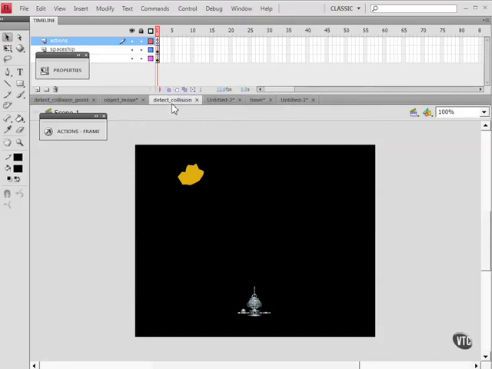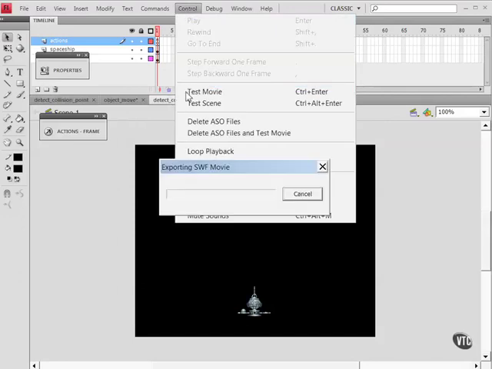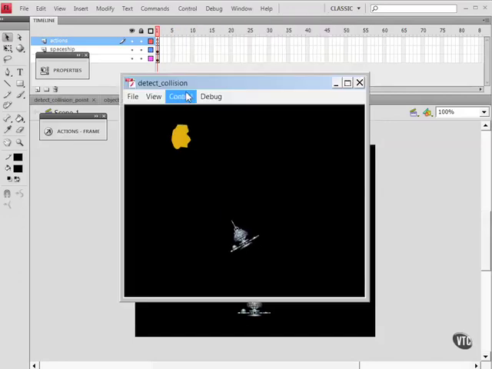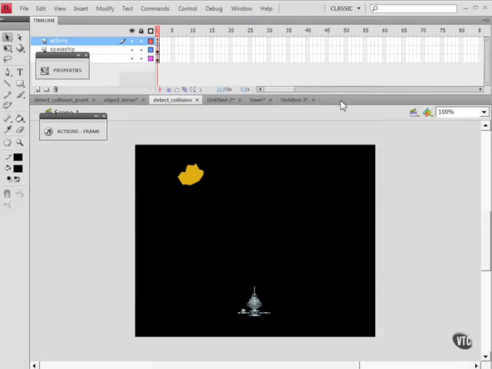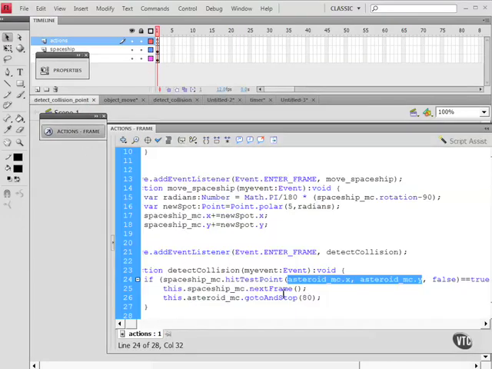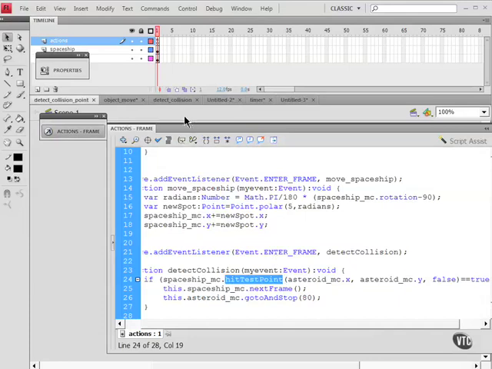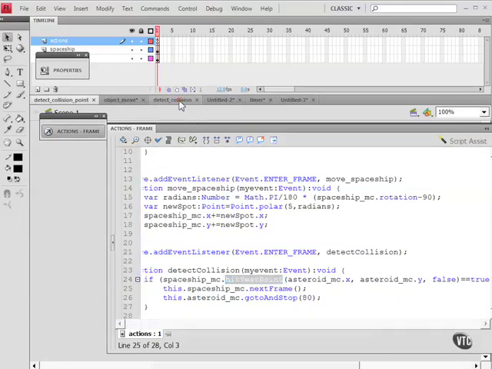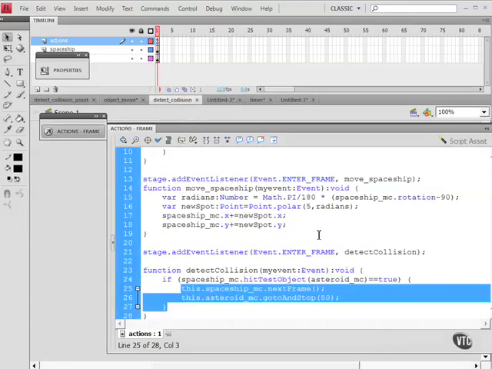Compare that to the detect_collision file. They're slightly different, but you'll notice that with detect_collision, as soon as the bounding box of the movie clip hits the bounding box of the asteroid, I get the explosion, which is a little bit premature for this version here. More about the script in the object_collision_point file using the hitTestPoint method a little bit later. But for now, let's go back to the object_collision file